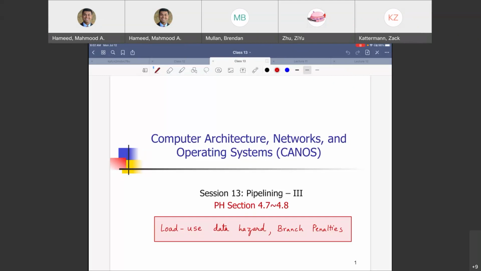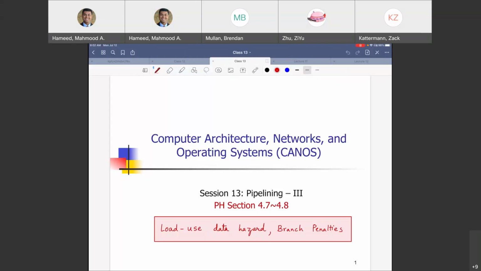But because of that, we ran into some problems. One of the problems was the write use data hazard. Write use hazard, what was that? You're writing to a register, and in the next clock cycle, you are using that same register, right? So that was a problem. Why? We were not ready with the correct value. In fact, we were not ready with the correct value for 2 instructions down, right?